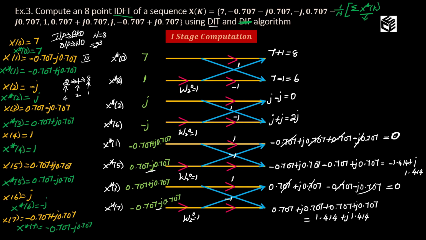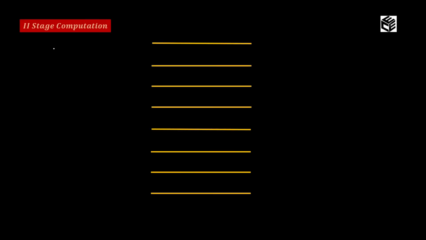So the output of the first stage I will take as the input to the second stage. My second stage of computation is this. Here we will be using W4 power 0 twiddle factor, which is 1, and W4 power 1, which is equal to minus j. So this is a 4-point computation, which means we will be using 2 sets of 4-point sequences. Okay, 8, 6, 0, 2j, 0, minus 1.414 plus j 1.414, 0,